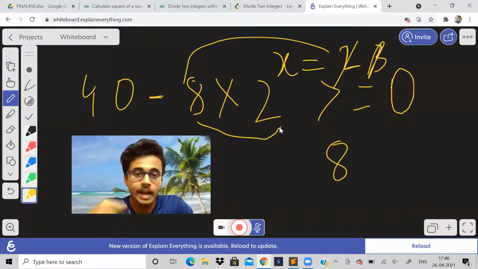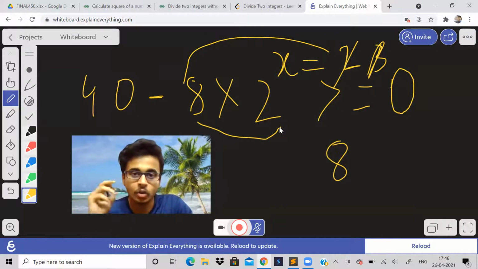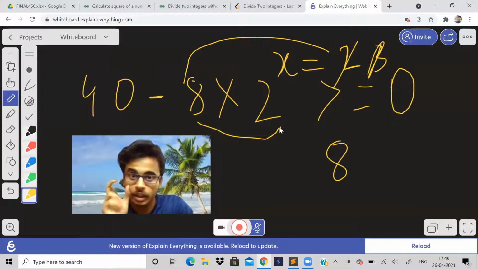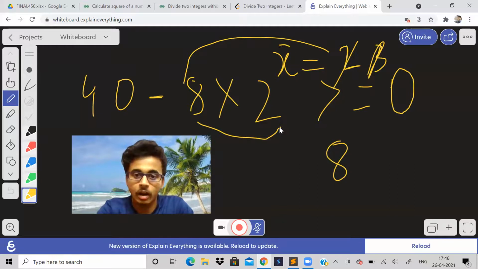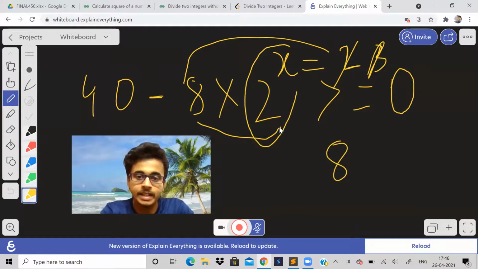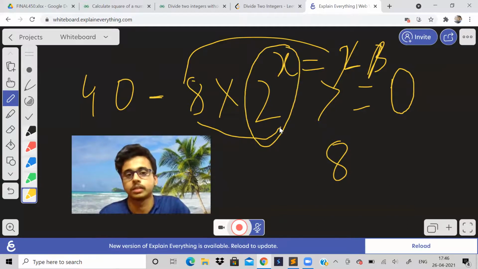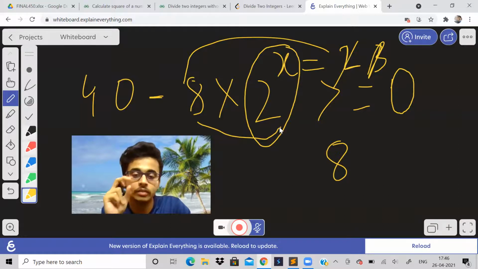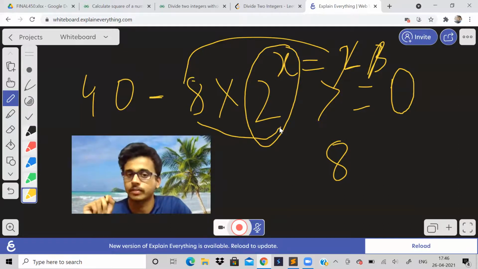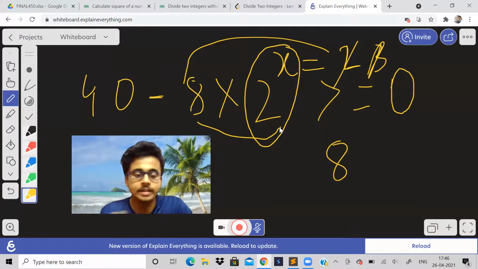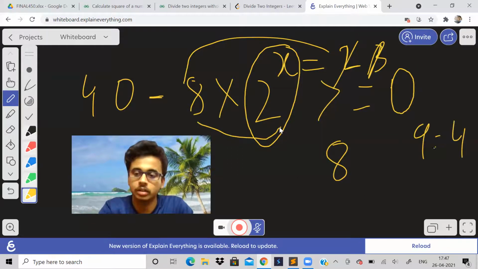But what should I add to my quotient? How to get quotient here? See, A by B, ultimately we need to get quotient, right? So quotient is the addition of these 2 power x numbers. X will be different for different cases. See, now first time we got x as 2. So quotient will be equal to 4.